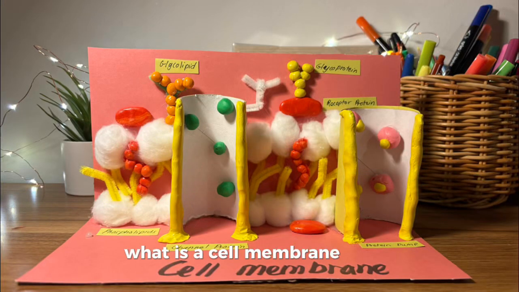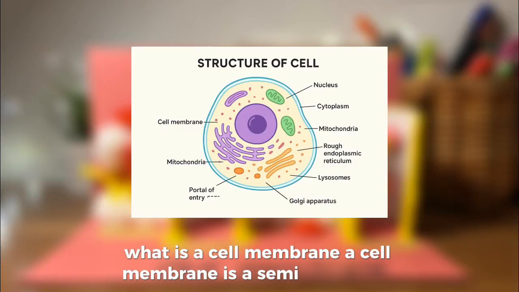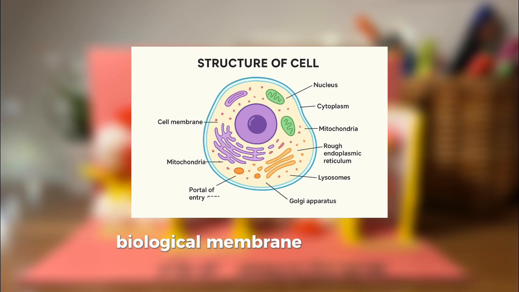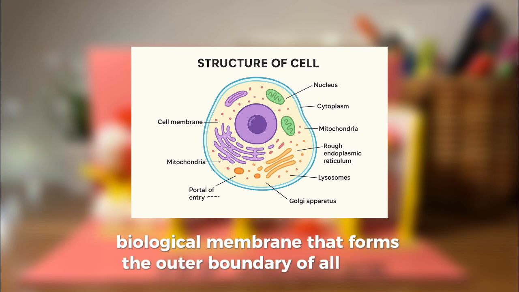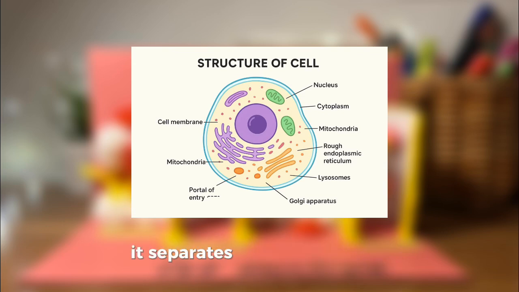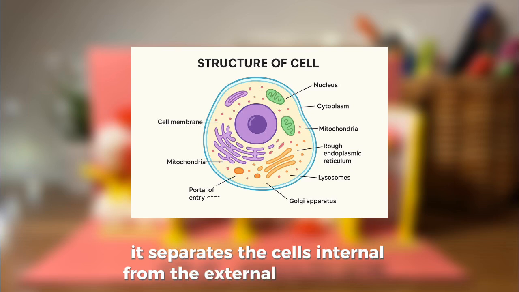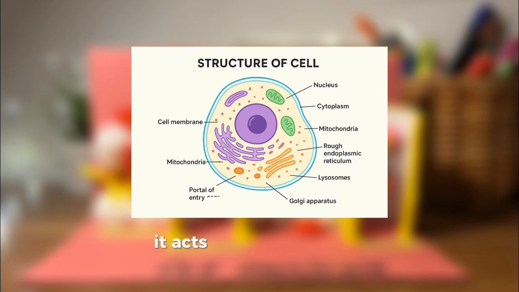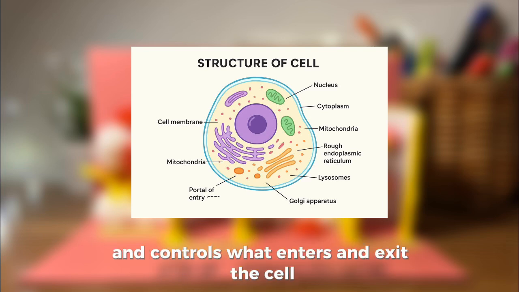What is a cell membrane? A cell membrane is a semi-permeable biological membrane that forms the outer boundary of all living cells. It separates the cell's internal from the external surroundings. It acts like a barrier and gatekeeper that protects the cell's contents and controls what enters and exits the cell, while